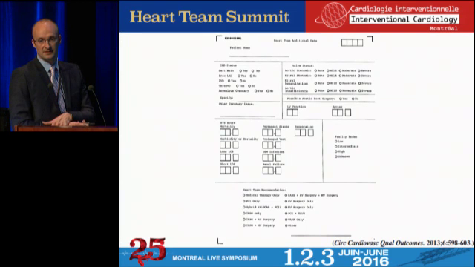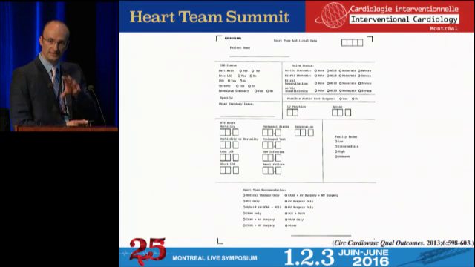And a lot of the discussions in certain teams was to standardize the approach. So there's a good paper trail, as well as prospective data gathering for a lot of the cases that the heart team gets to decide upon. So you don't just have 5 different notes from 5 different specialists saying 5 different things.